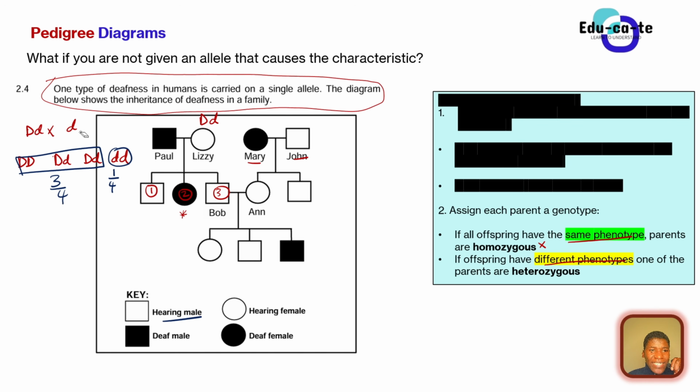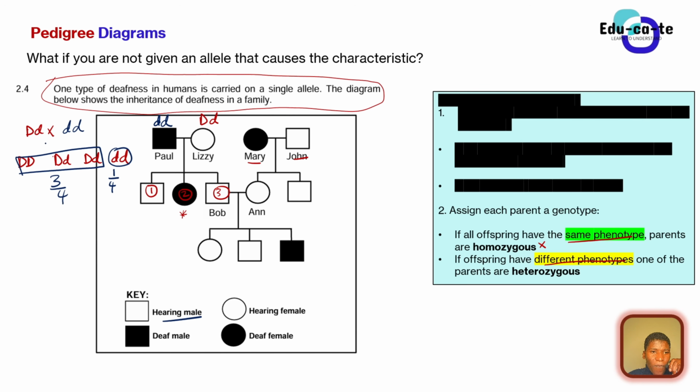So one of the parents here has to be heterozygous. In this case, let Lizzie be heterozygous. So automatically we can say that deafness is being caused by a recessive allele. Yes, we can say that deafness is being caused by a recessive allele, because when you carry out this cross,